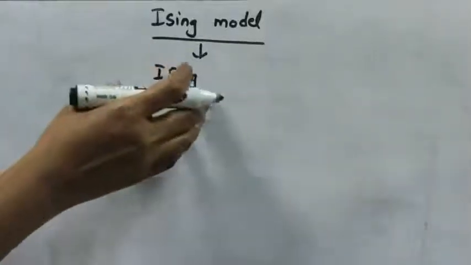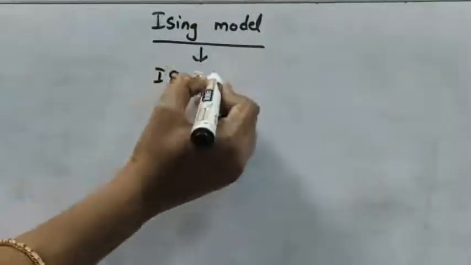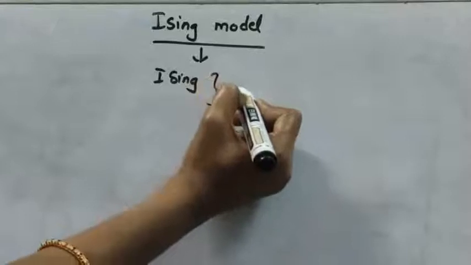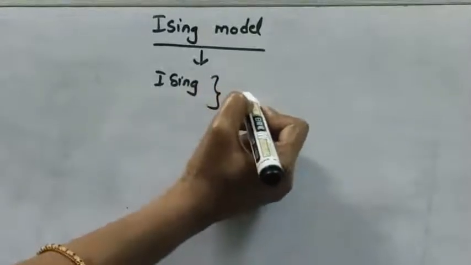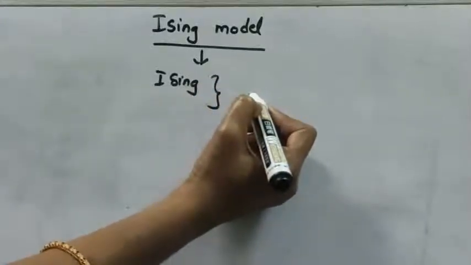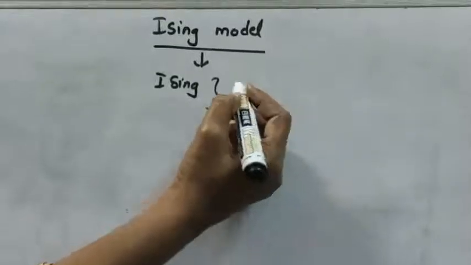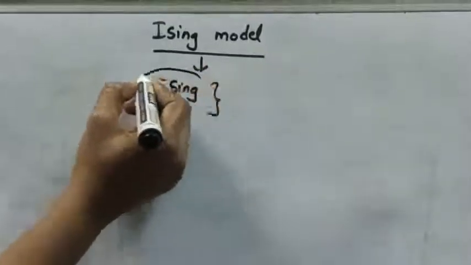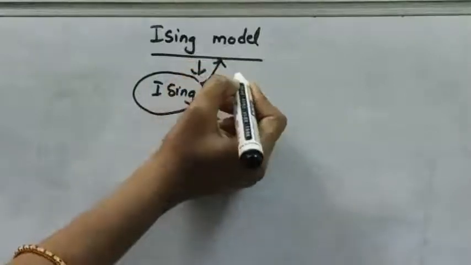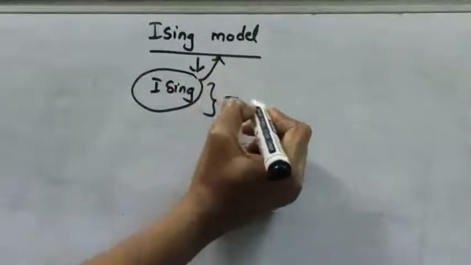He used this model in order to know the behavior of particles or molecules which possess a magnetic moment. So Ising set up a model to know the